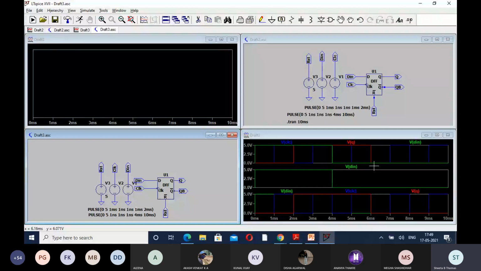Have you taken the snapshot of the circuit? I'm asking everyone. Have you taken the snapshot? Ma'am, in that V3 voltage, we don't have to go to that advanced part? No, advanced is not required. Reset means once we have given the fixed value of 5 volt, it will give you results. So not required to go for the advanced setting.